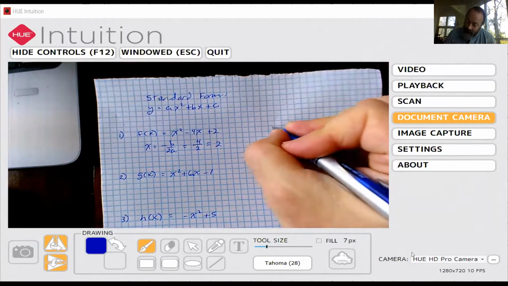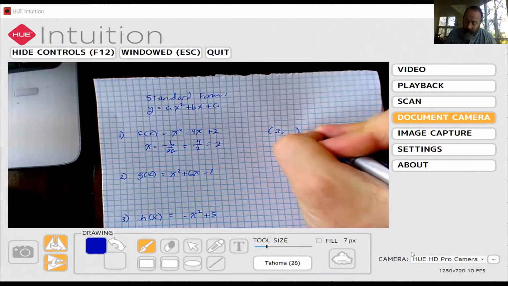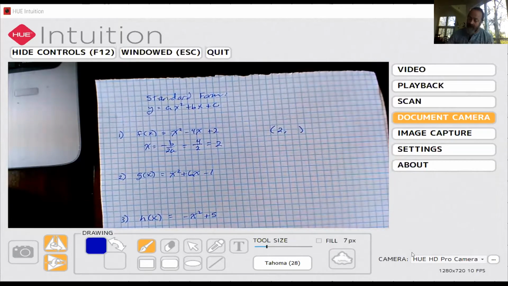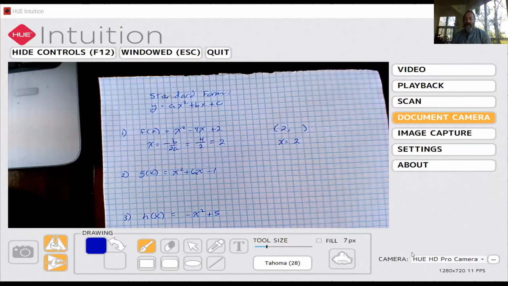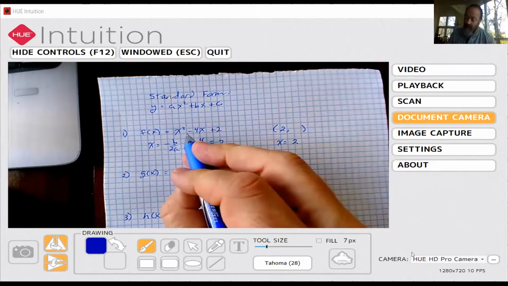Now, as it turns out, that is the x component of the vertex. It's also what is called the axis of symmetry. And so we have some pretty important little pieces of data about this graph. Now, the next thing that we need to do is plug that number 2 back into the